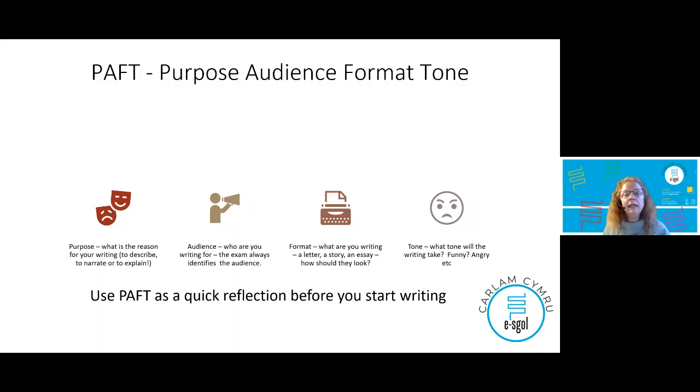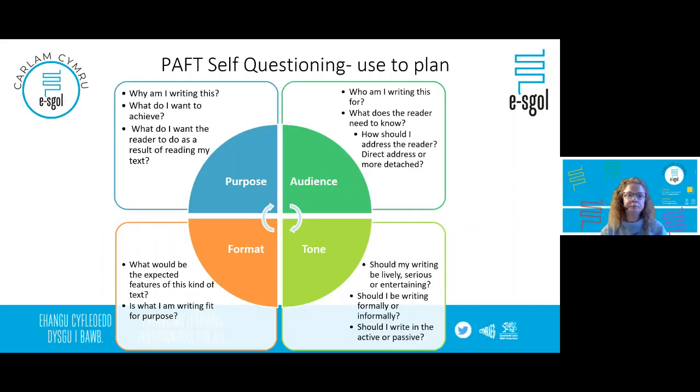Okay, it's a really quick plan and it's a really good plan for focusing your ideas, because the examiner is really looking to make sure that you know the purpose and that you understand who you're writing for. And then obviously, if you've written a descriptive piece of writing for the exposition, then you're not matching the format. So you're just thinking about simple little things like making sure that in the description you describe and in the exposition you explain your ideas. Okay, so PAFT is a really good way to get a really quick plan done before you start writing.